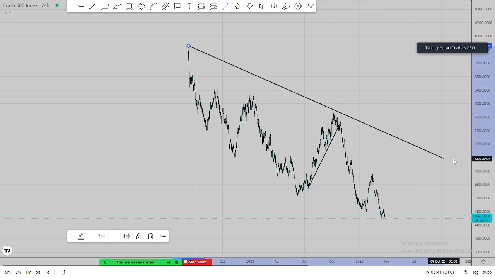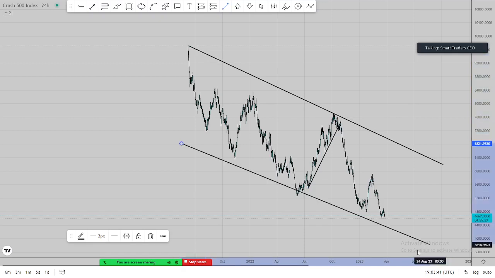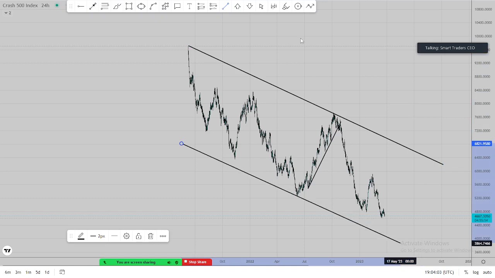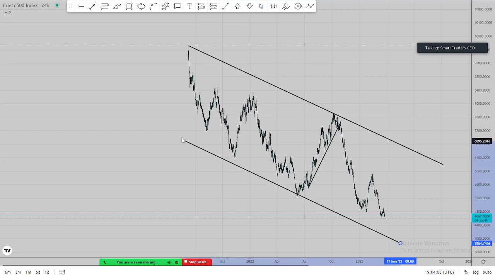So this overall channel, you realize that the market can actually follow this overall channel for the whole year, following one channel. The market can follow one channel for the whole year, like this higher time frame channel. I'm not referring to lower time frame channels, I'm referring to the higher time frame channel. It can actually be followed and respected for the whole year of 2023.